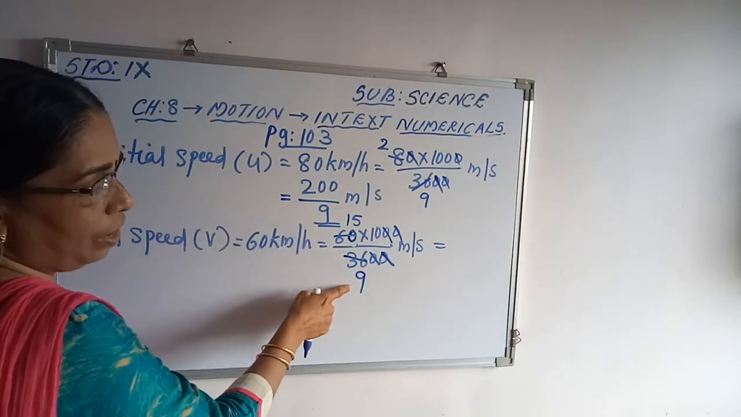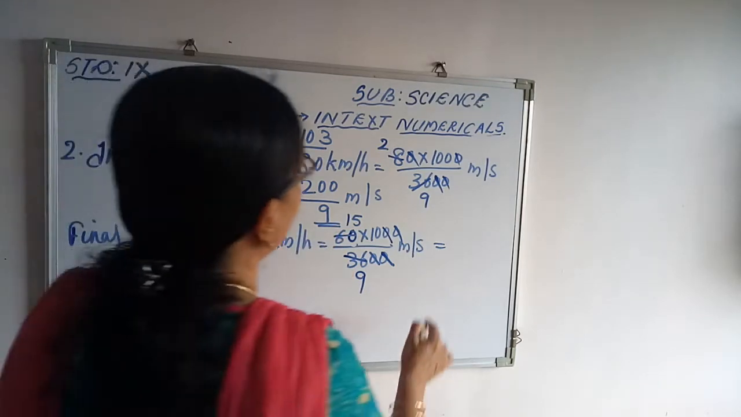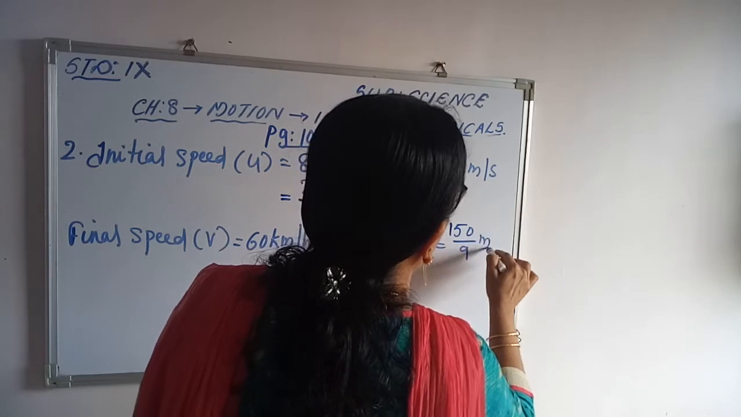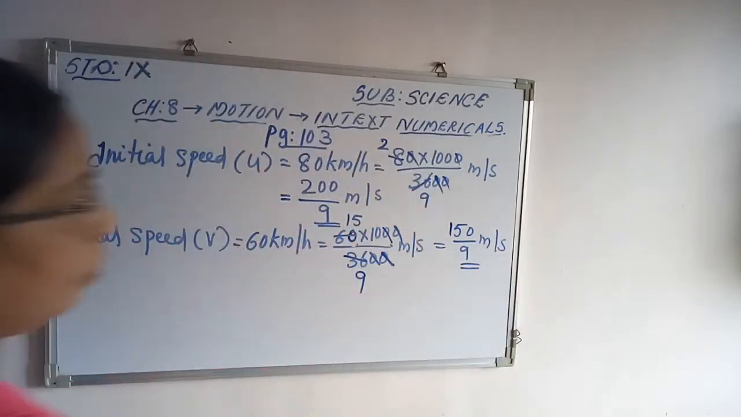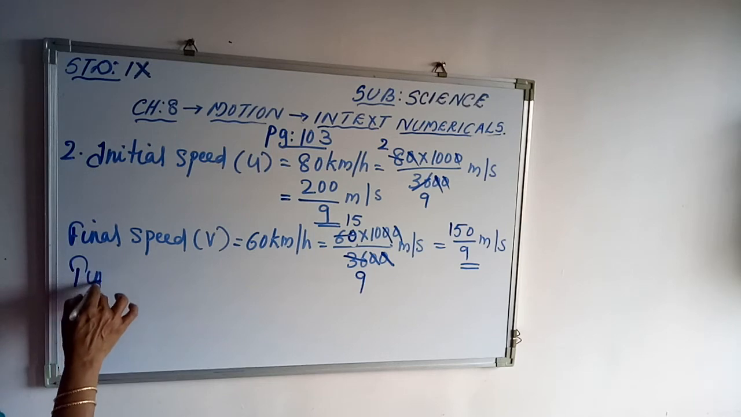Here also 9. Here also I want the denominator 9. That's why I did the simplification in this way. So you will get 150 upon 9 meter per second. So our calculation will be easy by finding out the acceleration. And time, what is given time? Time is equal to